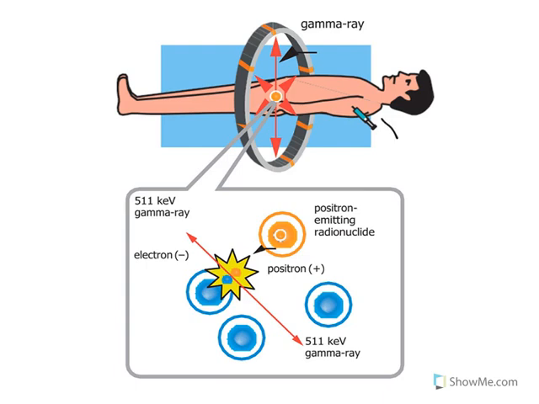Alright, so here's the diagram here. So as I said, we inject a radioactive material, one that gives off a positron, and so here's the radioactive material that's inside the body there that's been injected. It gives off a positron, that joins up with an electron with something else in the area. They create 2 gamma rays and they go off in opposite directions as shown there, and then we've got this ring around there that we use to collect the information. And then of course that goes to a computer, and the computer